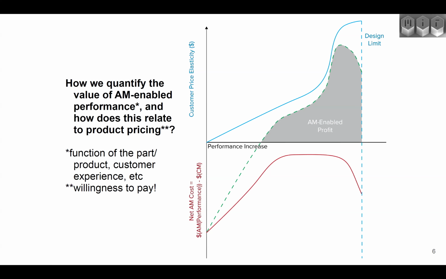So think about performance applications. High performance athletes, like in the NFL, we talked about NFL helmets in a previous slide, or performance racing, Formula One, or aerospace. Industries that place a very high premium on performance, we might want to kind of ignore the per part cost, or not ignore it, but think about it in the context of, even if my additive part is more expensive than my injection molded part,